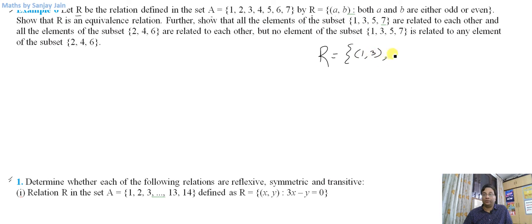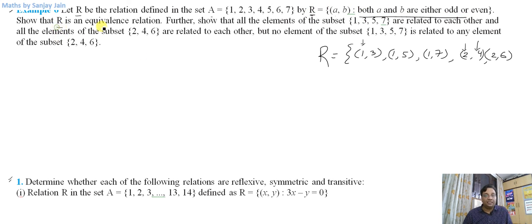So both odd. 1 will be related to 5, 1 will not be related to 4, 1 will be related to 7. So these are 3 elements I have written for 1 here, right? 1 as being my first entry, it will be related to 3, 5 and 7 only. So what about 2? 2 will be related to 4. 2 will not be related to 3 or 1. 2 will be related to 6. 2 will not be related to anything else. So if I have got an even number here, I'll have to have an even number here as per this rule here for them to be in this relation R.